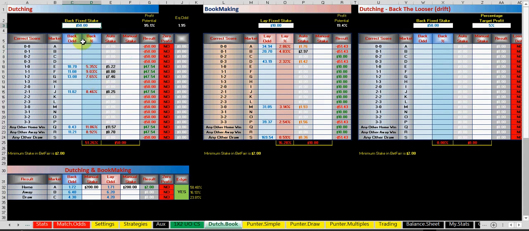Again, if you want to do Dutching, you put your fixed stake in there, and it basically breaks it into auto stakes for the particular selections you have in there. If you later on want to update these odds as per your bookie, you can. For instance, say this is 19, this is 11, and this is 13, this is 12,